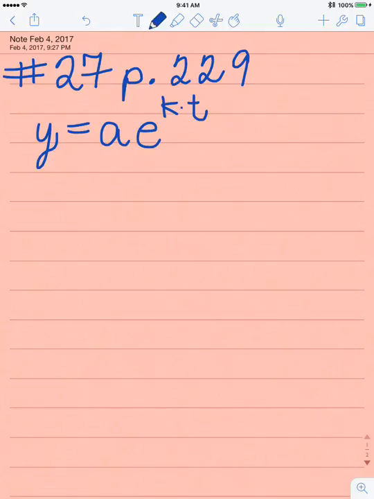Okay, everyone, I am going to show you how to do one of the homework problems. I'm going to do problem number 27 in the book, which is very similar to what you have to do next. So here we're looking at carbon 14, and I have right here the formula that we're going to use. And the information we're given is the half-life in years. The half-life for number 27 for carbon 14 is